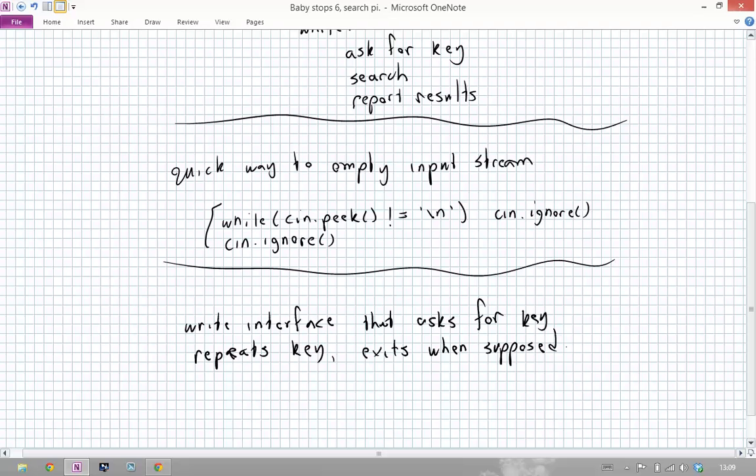So a good place to start this would just be a simple ask for a string, repeat the string back to the user. Ask for a string, repeat the string back. If the user hits enter, the program exits. Okay. Once you've done that little baby step,